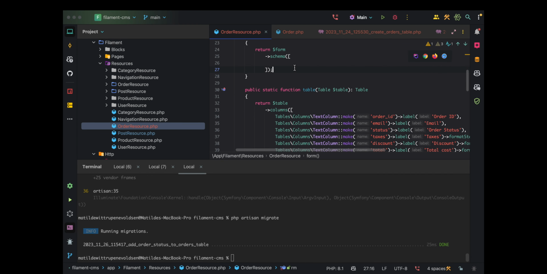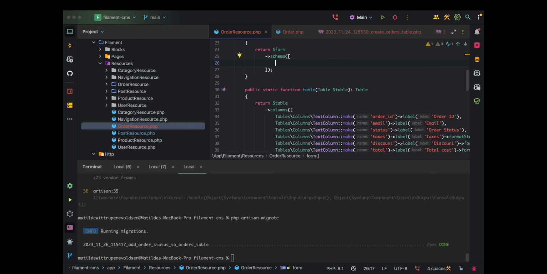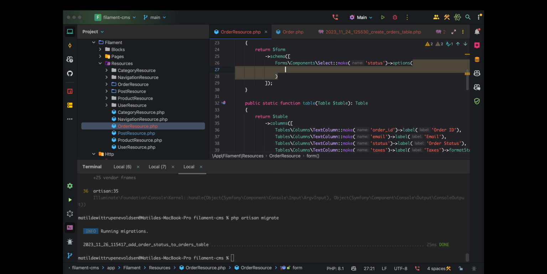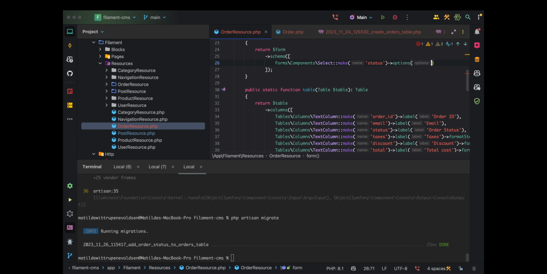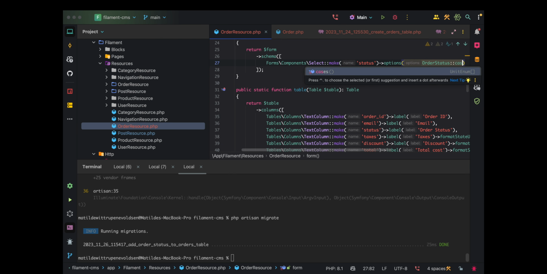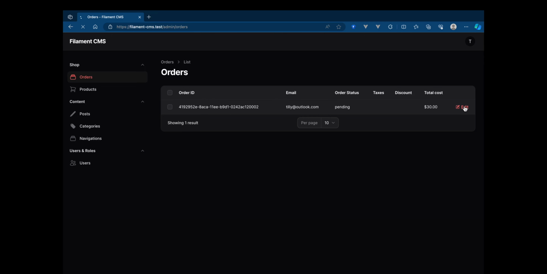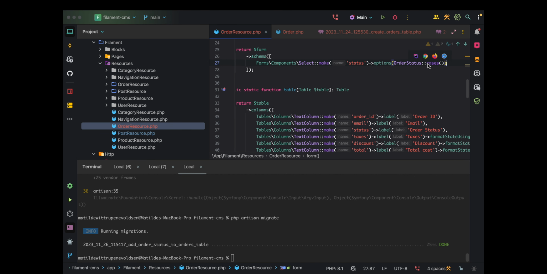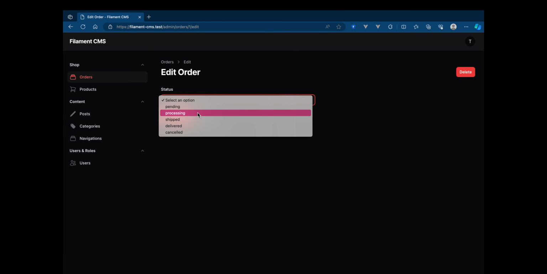So if we go up to the form here, the only thing we really want to be able to edit, because we know this is always created, is we want to have a select, and we want to be able to say status with the options of OrderStatus cases. And we may want to try to use values here, see if that will work. So yeah, now we can select these here,